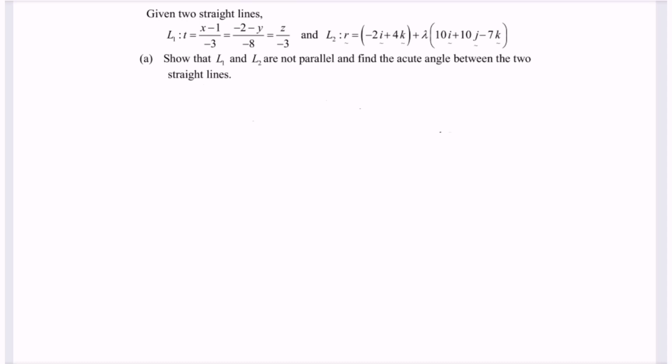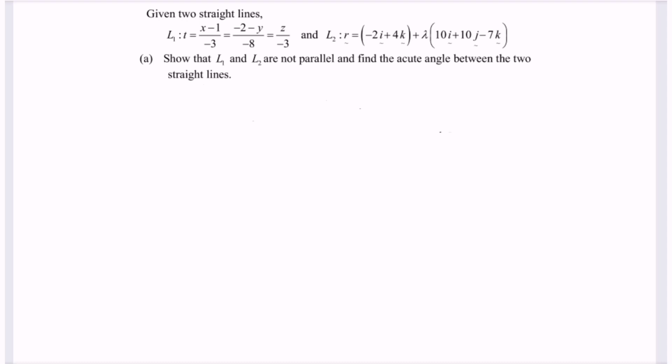Kindly refer to the question. Given two straight lines, L1 and L2. For L1 we have the Cartesian equation, and for L2 we have the vector equation. Show that L1 and L2 are not parallel and find the acute angle between the two straight lines. First of all, we are going to express L1 in vector